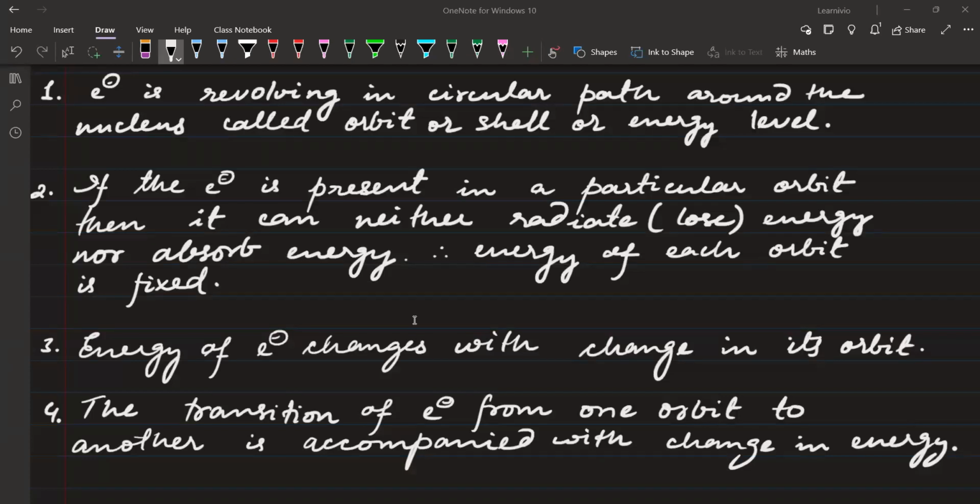I hope everyone is done writing till here. Yes or no? Please tell me. Is everyone done? Yes or no? Please tell me. Yes, sir. चलिए, नेक्स्ट लिख दिया आप लोग।